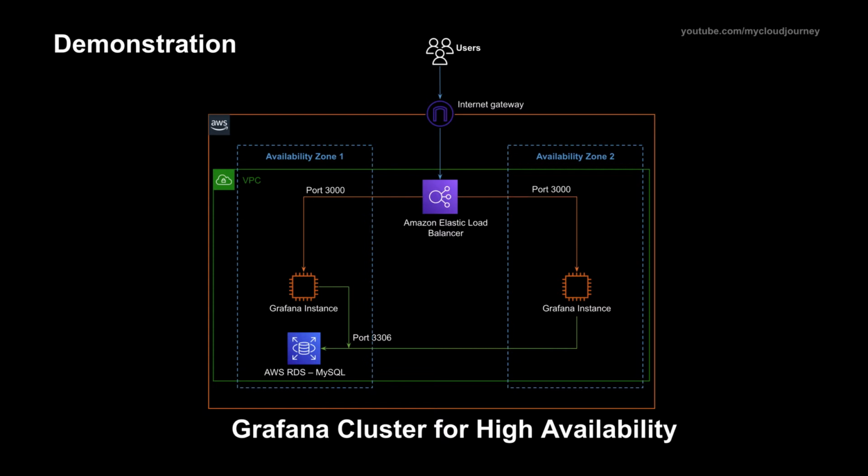You also have the option to go with a PostgreSQL database instead of MySQL. Please note, for this demo, I will provision the AWS EC2 and RDS instances in public subnets so that I can have a public IP to access these machines from my local laptop and install Grafana from my local machine.